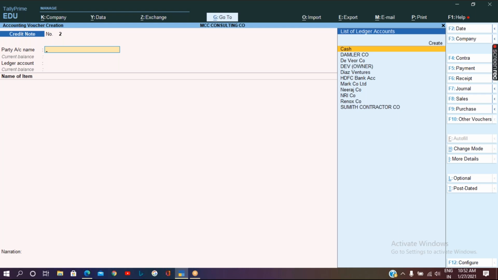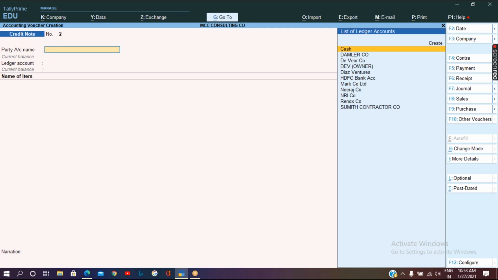You can have a look at the shortcut keys which are available on the right hand side of the screen. Journal, very good. It's a good try.